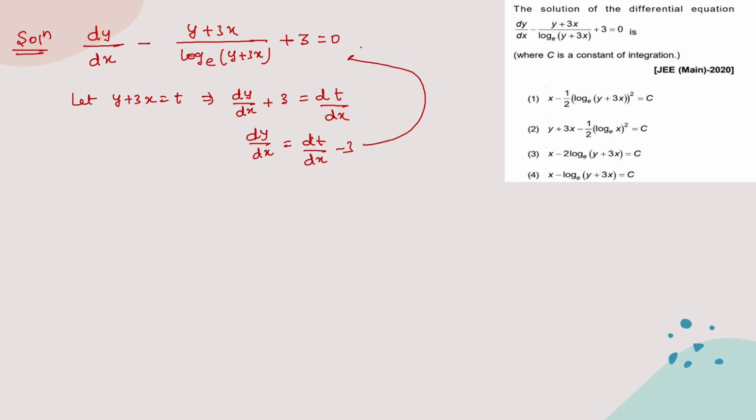Put that in this equation. Let's say this is equation 1. So you will be getting dt by dx minus 3 plus t upon log t to the base e plus 3 equal to 0. So this 3 and this 3 is gone, and yes, now we can separate them easily, right? So finally when you do that,